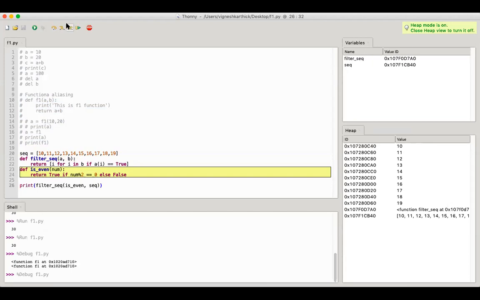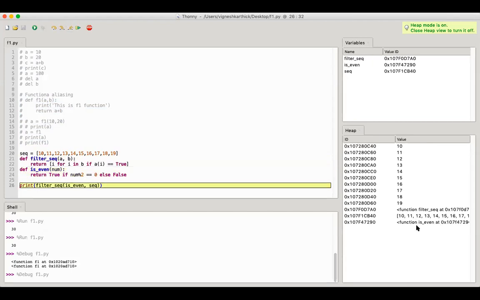Similarly, is_even is a function object inside the heap, and is_even is a name in the variable. Yes. Now, when you are calling filter sequence, it has one argument, is_even. This is the name is_even, not the function object. You are passing